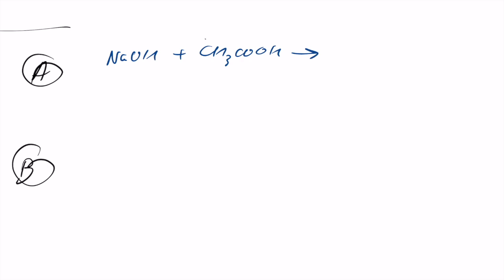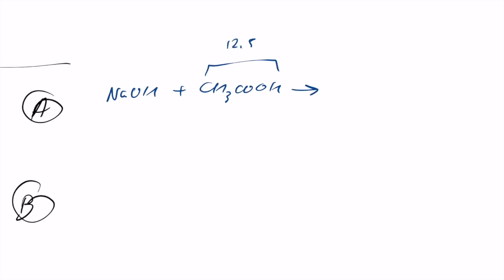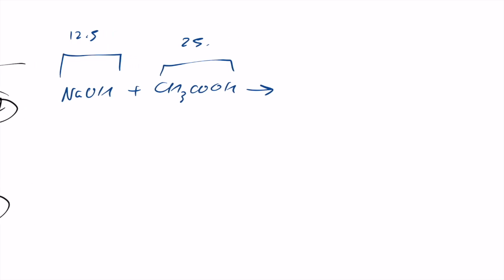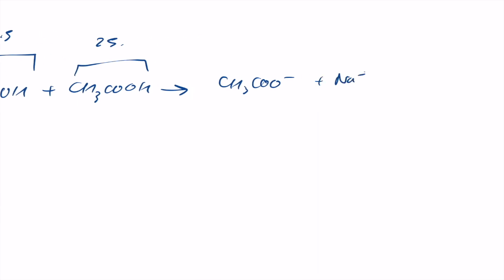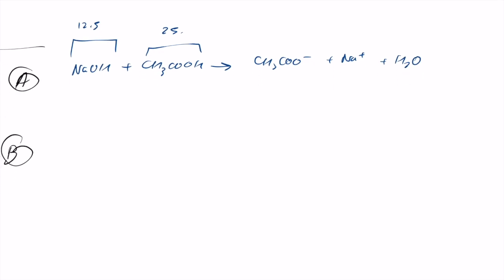But only half of this, well, let me try and do a better job here. We know the equivalence happens at 25, so say this is 25, and we know that half equivalence occurs at 12.5. This gives us CH3COO minus plus Na plus H2O. Now, at half equivalence, only 12.5 NaOH is used, which means that this 12.5 is used up. 12.5 from 25 is still 12.5, and now we have 12.5 of CH3COO minus, which means at half